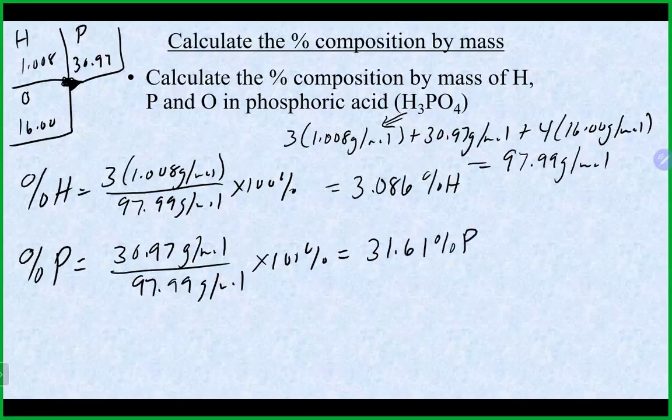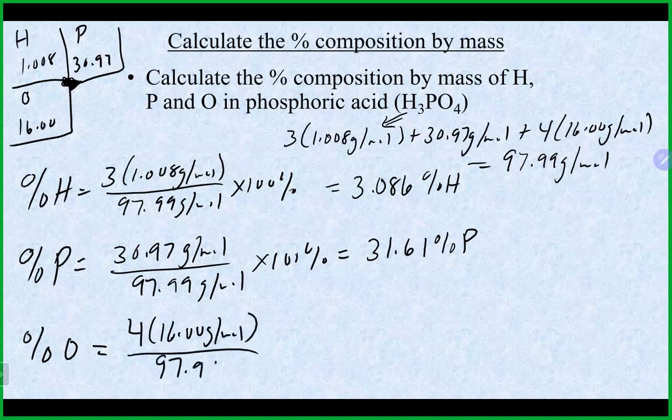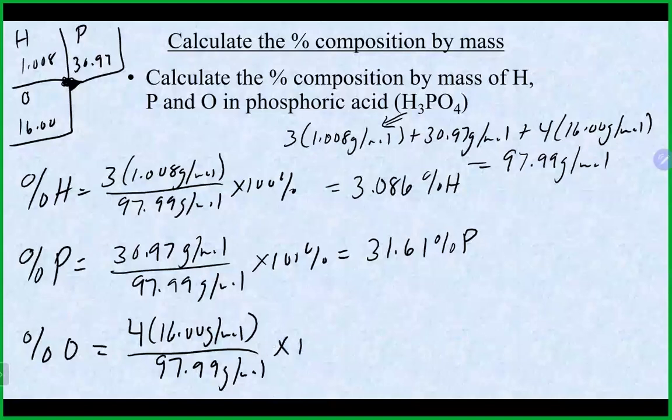phosphorus. At this point, you do have 2 options. You could add those 2 numbers together, right? And then since oxygen is the only one left, you could take 100 minus the number that you get, or you could just do the calculation for oxygen by itself, which would be 4 times 16 divided by 97.99 times 100%. And that's going to give you about 65.31 percent